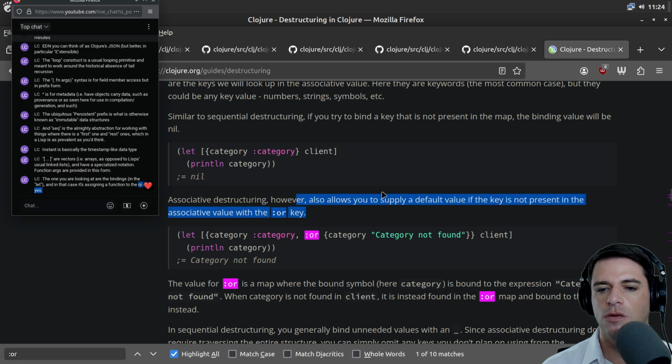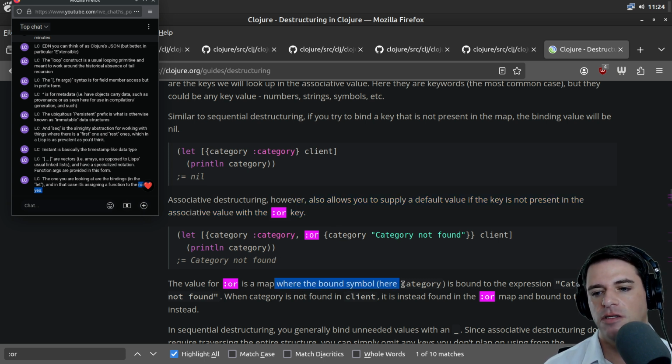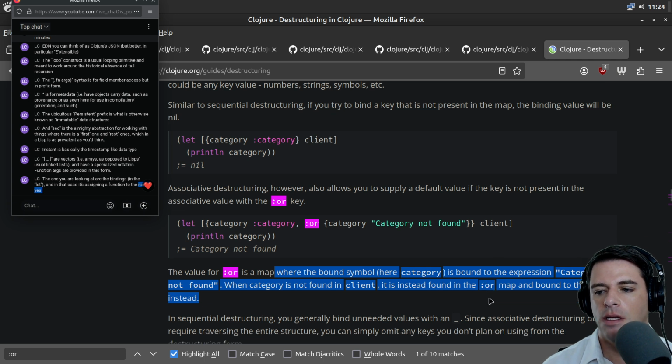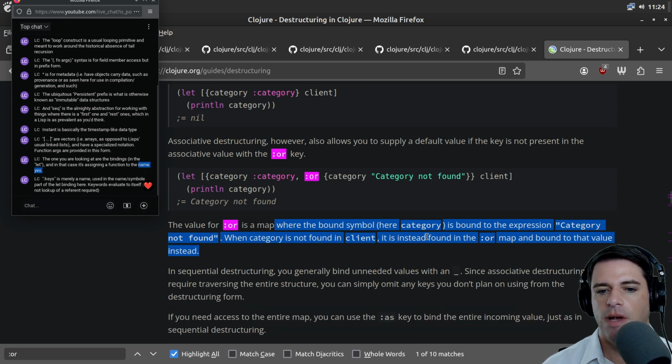OR allows you to supply a default value. I don't know why that's not called something more informative than OR. The value for colon OR is a map, where the bound symbol here, category, is bound to the expression category not found. When category is not found in client, it is instead found in the colon OR map and bound to that value instead. So here's the example.